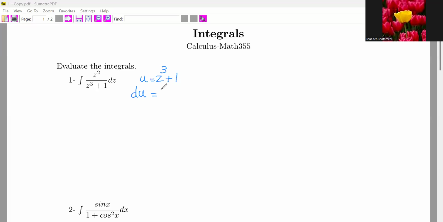So taking derivative both sides, don't forget to write du, dz, or whatever d it is. And from this one, either we can say that we have z squared dz here, or if you think you will not recognize this, you may say that I would like to find dz from here, which will be du over 3z to the power 2. Both of them are correct. So either way, we would have, instead of z squared dz, du